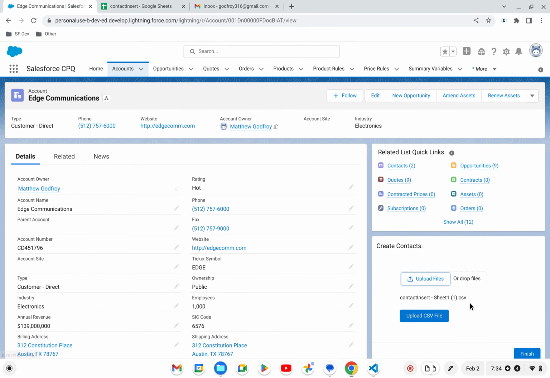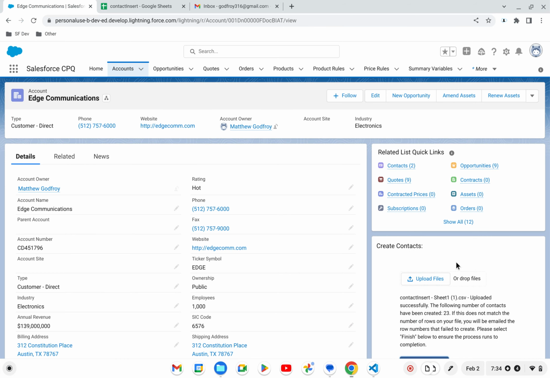So you can see I have a little bit of a confirmation, basically just letting the user know we've received your file. Short and sweet, just kind of simplified and something quick so that they can be confident, right, that their file was in fact uploaded. So the next thing we're going to do, we're going to click this upload CSV file,